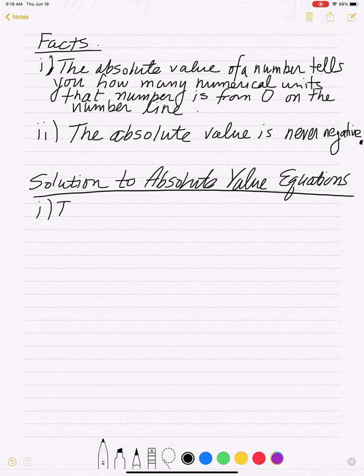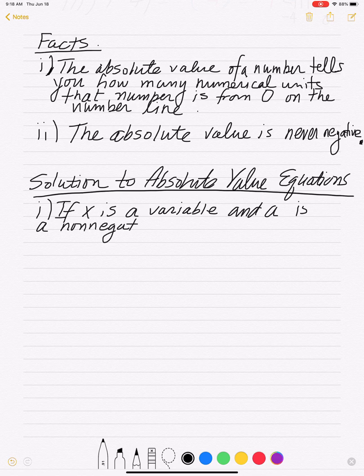If x is a variable, or x could represent a whole entire variable expression. So let's say if x is a variable and a is a non-negative, so it could be 0 or a positive, non-negative real number,